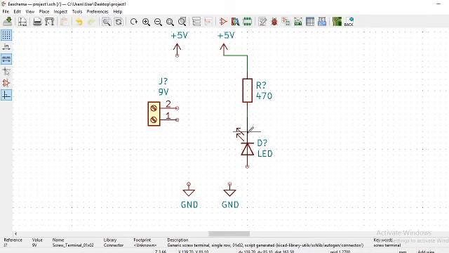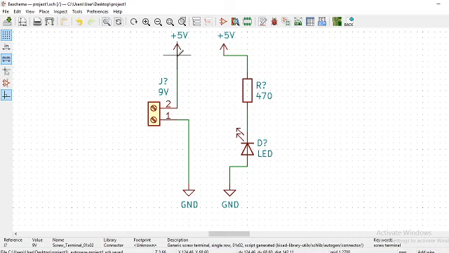Then connect the ground to the LED: single click, double click. Then connect the screw terminal to the ground and VCC: single click, double click. Now the connection is completed, that is, the schematic for the desired circuit is created.